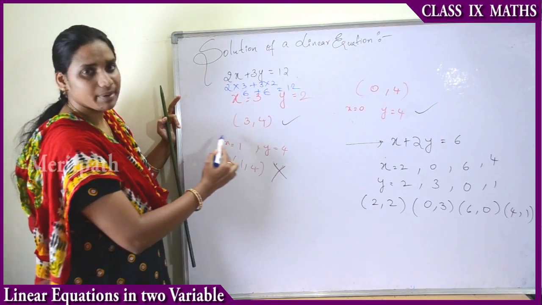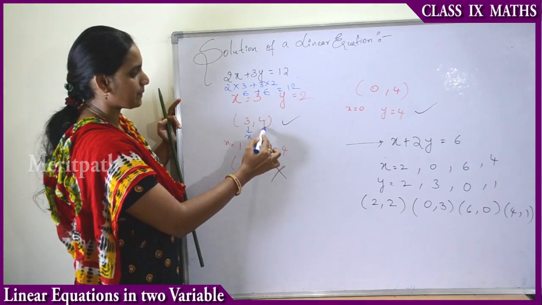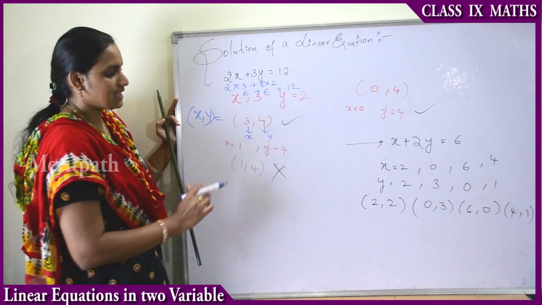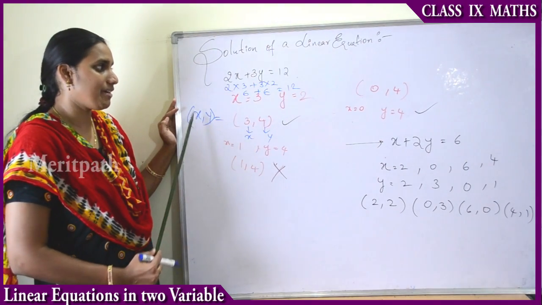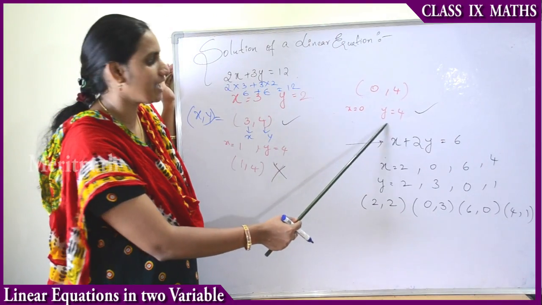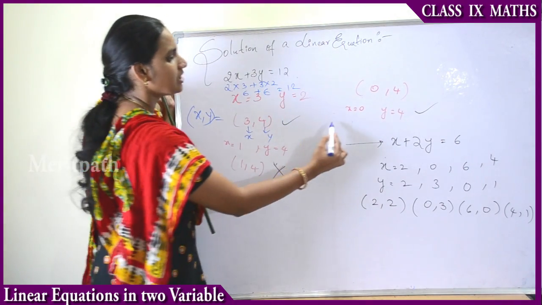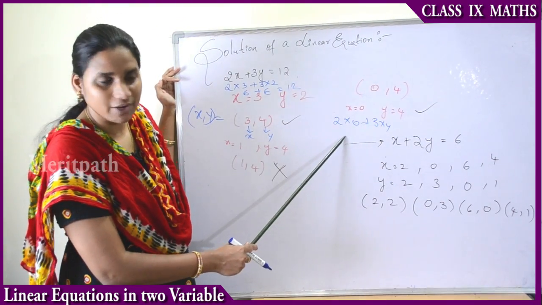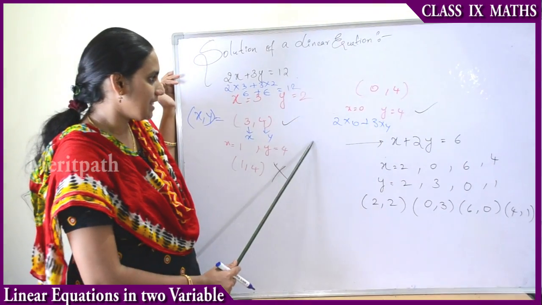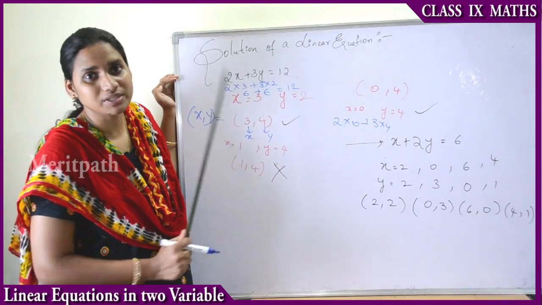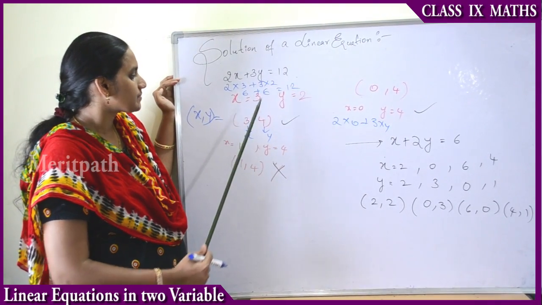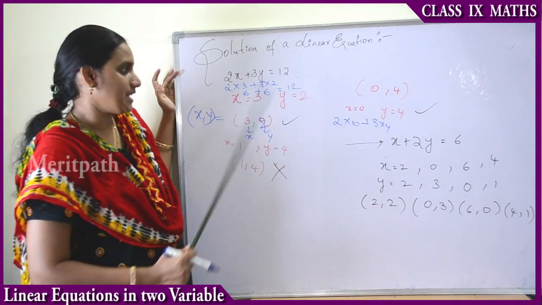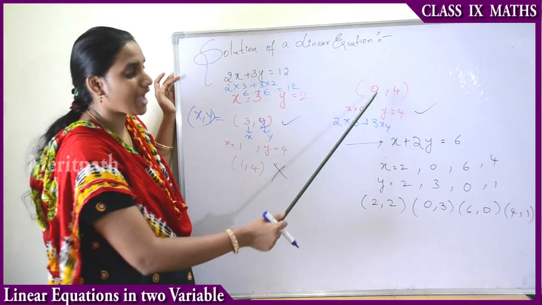So first we represent the x term and next we represent the y term. Thus, we represent the value as x comma y. In the same manner, we have another solution for x comma y values. When we take x equals to 0 and y equals to 4, we get 2 into 0 plus 3 into 4, that is 2 into 0 equals to 0 plus 4 into 3 equals to 12. In the same manner, for this equation we have two sets of values, that is 3 comma 2 and 0 comma 4.